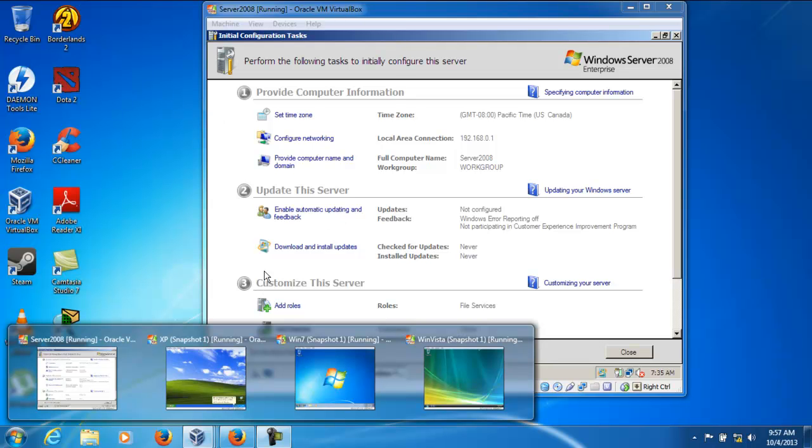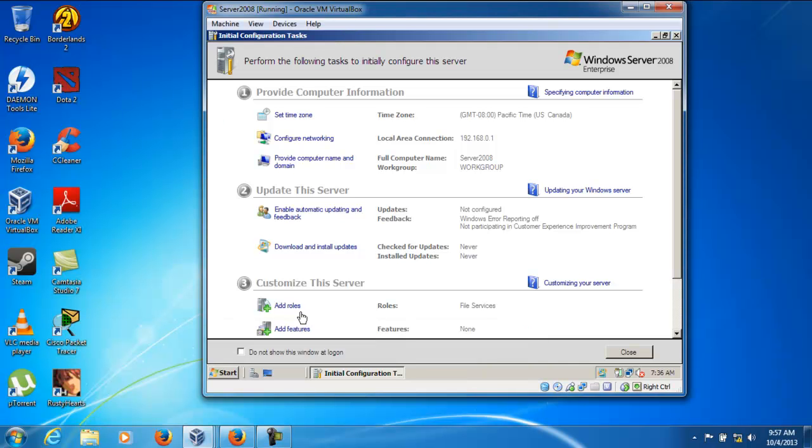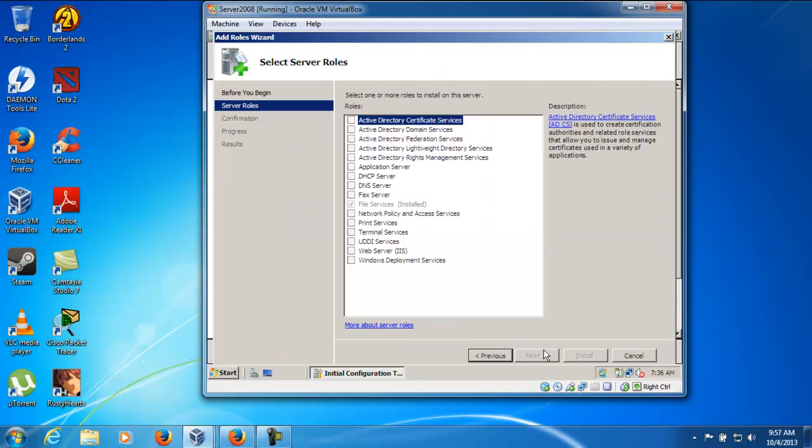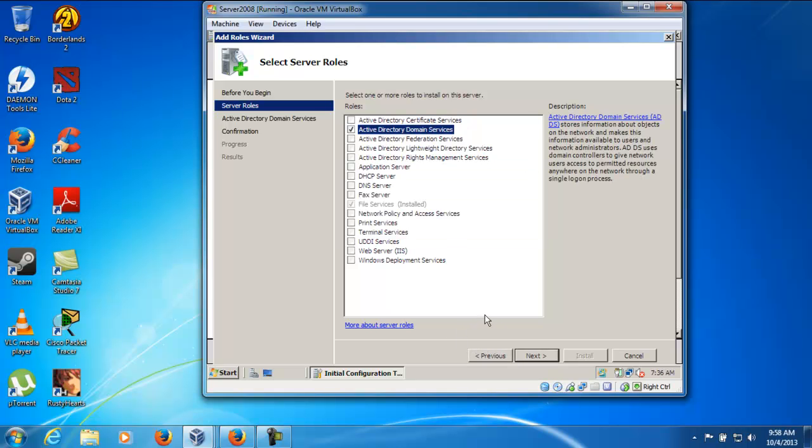I am continuing from where we left off last time, where we installed the operating systems so they can ping each other. Now I'm going to add a domain, and to do that we go on Server 2008 and we're going to add roles. When you click on add roles, a wizard would come up, so we would click next and we would click on the Active Directory domain services. We would click next